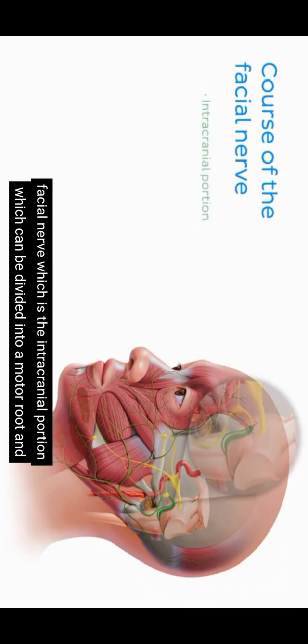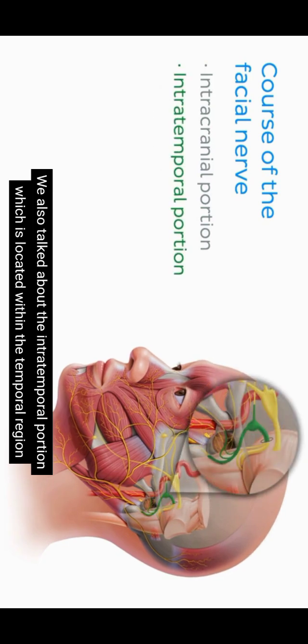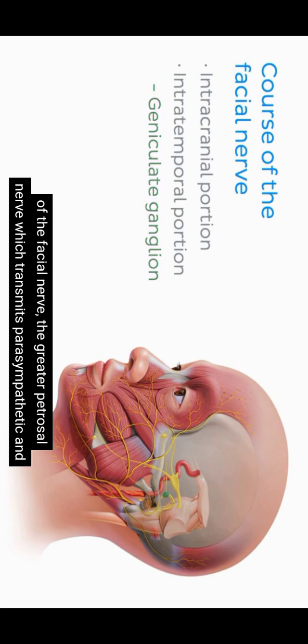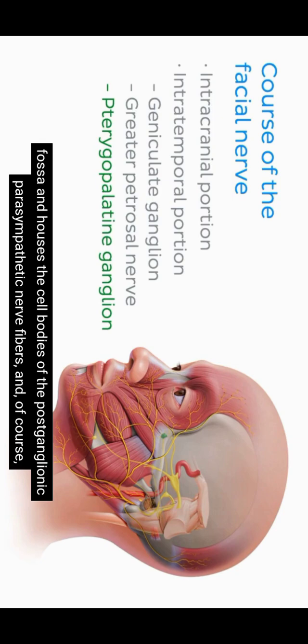we've covered. And of course, in this tutorial, we began by talking about the most medial part of the facial nerve, which is the intracranial portion, which can be divided into a motor root and into a sensory root. We also talked about the intratemporal portion, which is located within the temporal region and houses the geniculate ganglion, which houses the cell bodies for the sensory component of the facial nerve, the greater petrosal nerve, which transmits parasympathetic and taste axons, the pterygopalatine ganglion, which is located within the pterygopalatine fossa and houses the cell bodies of the postganglionic